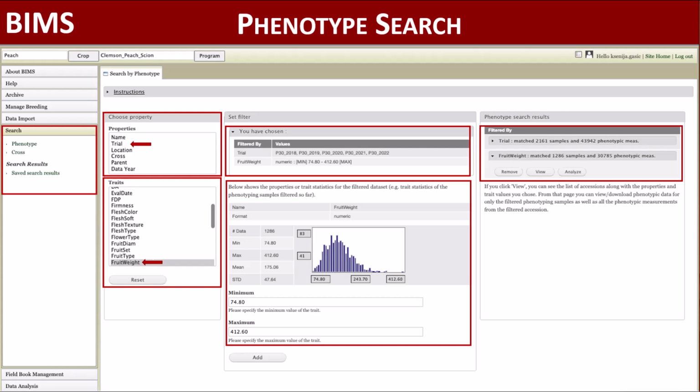One thing to point out about setting up the trial: if you work with a perennial crop like I do, I go back annually to the same field to collect the data from the same accessions. To be able to see those individual data, we have to set up a trial for each year for one specific orchard, and that's why I have P30 from 2018 to P30 from 2022, and now 23 and 24. Once you set up what you want to look for in the property box, there are traits,